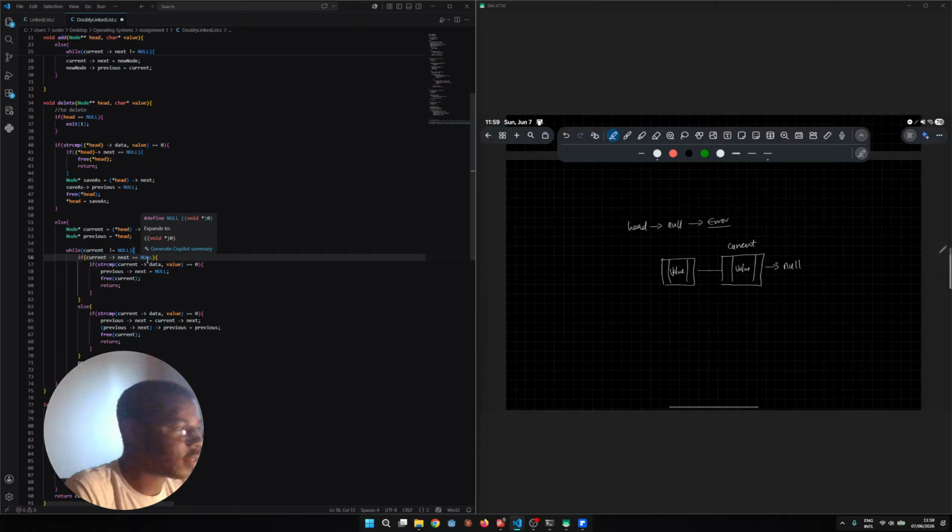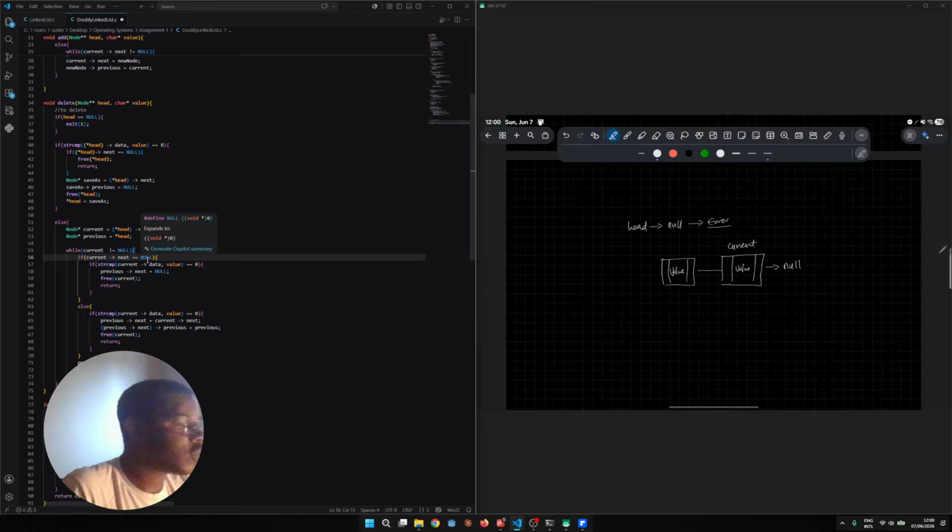we have something like this. So current is basically resting on this node, and the next thing is null. The reason for this is that if we try to reference the next node, it's going to cause an error. So we're trying to catch that by using this if before that happens, and then we free it in